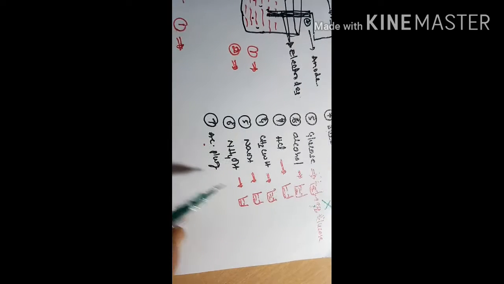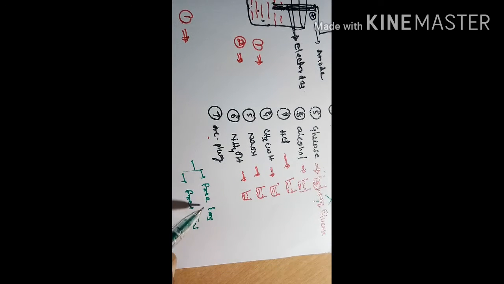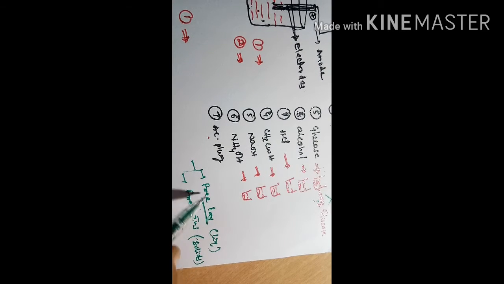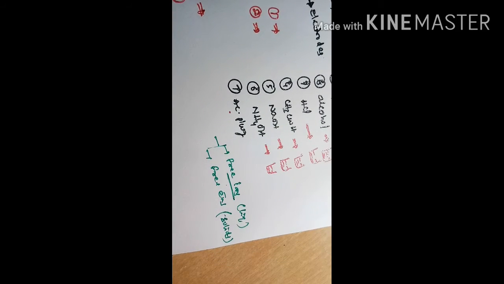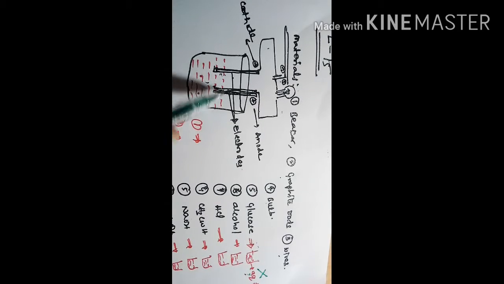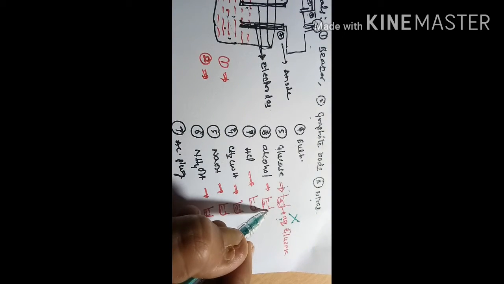What are those two conditions? Either free ions or free electrons. Free ions are for liquids and solutions. Free electrons are for solids. If these conditions are satisfied, the substance will pass current through itself. Here, when we poured glucose solution, current is not passed, that means the bulb will not glow. Now you can take alcoholic solution.